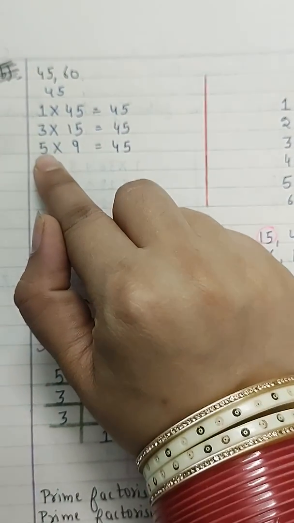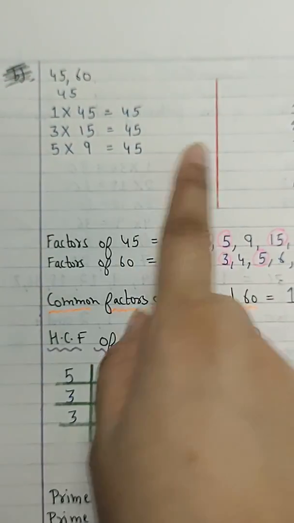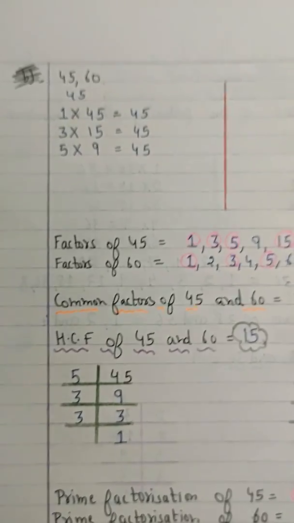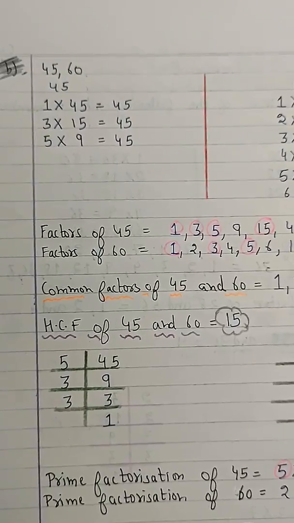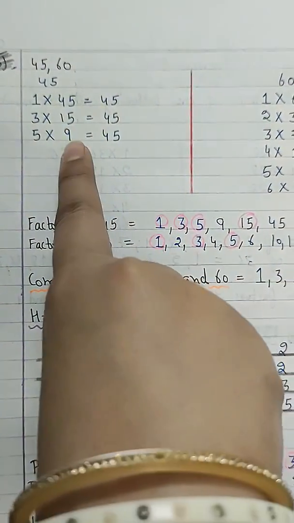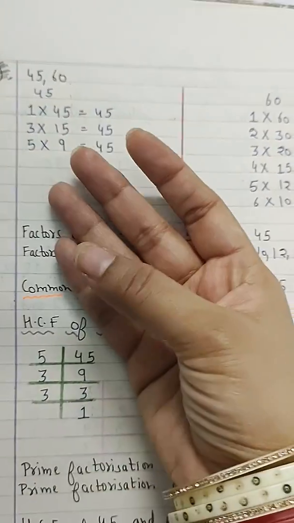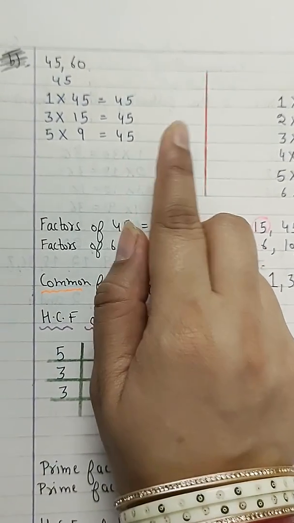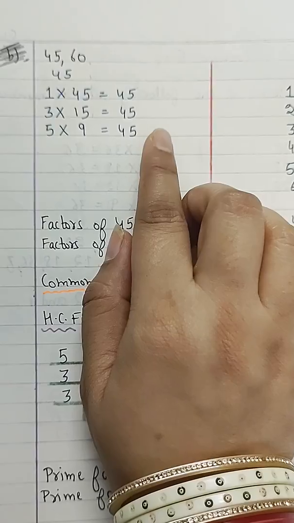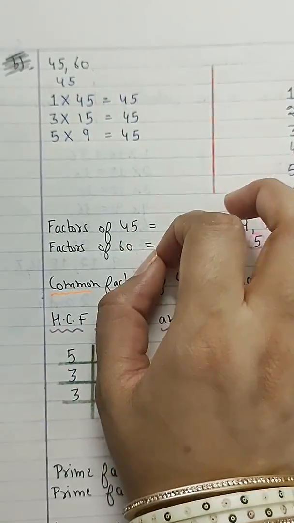So 5, if we want to check, we have 5 multiplied by 9, as you people know the table of 5, so it is 45. Beta, as you can see, you have to check 6, 7, 8, 9 also. 9 we have already got, so if you get 9 into 5, this factor we have already got. So now we have to check only 6 and 7. For 6, 45 does not come in the table, because you know the table, and in the table of 7 also 45 does not come. So we have to check literally till 10. If it is coming in these tables, you will get the other factors also.